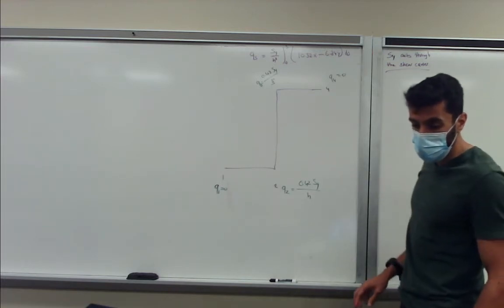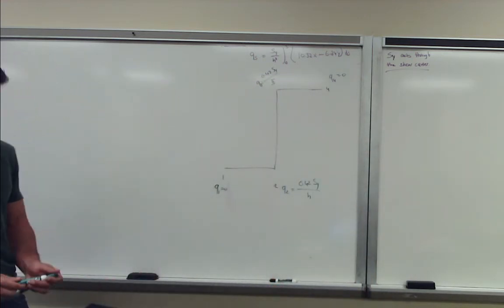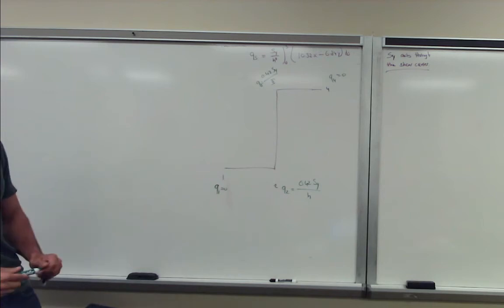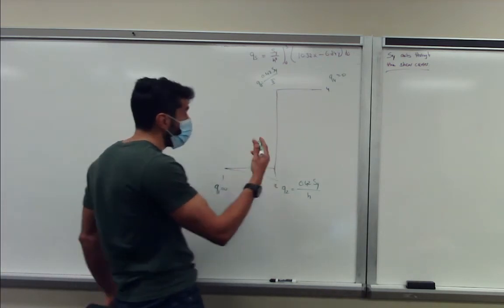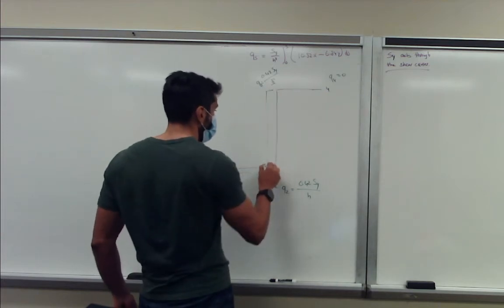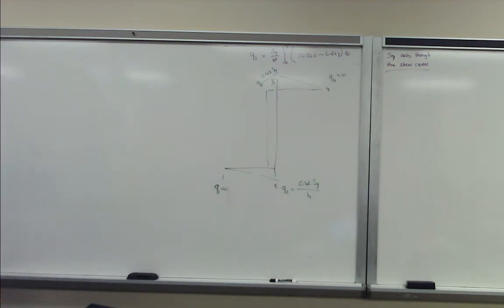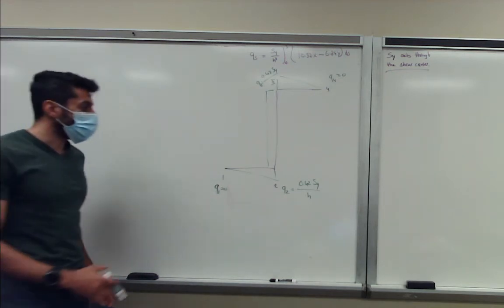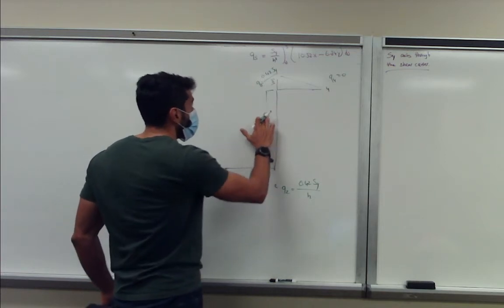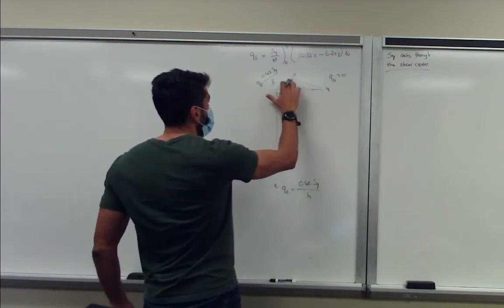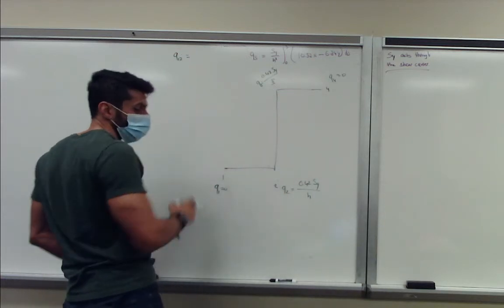A key point to understand, though, is that these values themselves don't give you much information. If you were just given these values, you would say the shear flow distribution looks something like this, because it goes up linearly, then remains constant, and then goes down linearly, right? That's the reason why we also have to take into account the actual Q12, Q23, and Q34. So if you recall Q12 again,